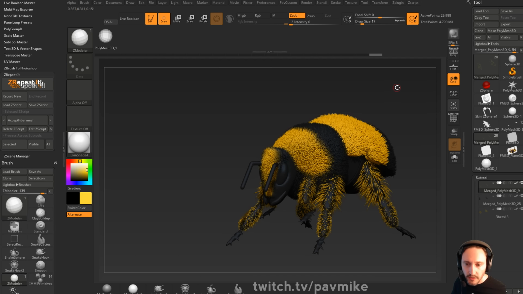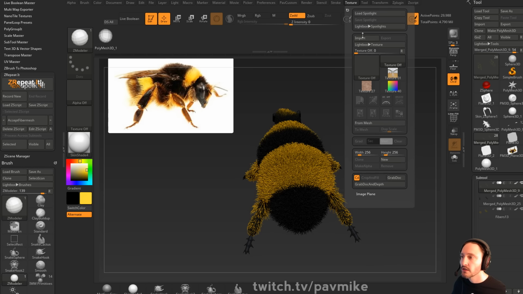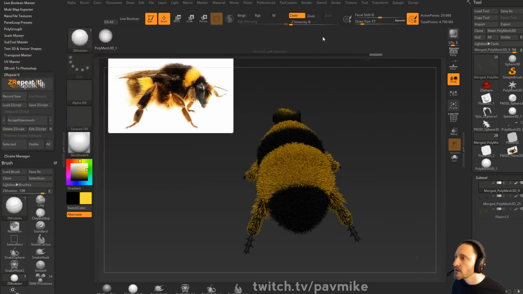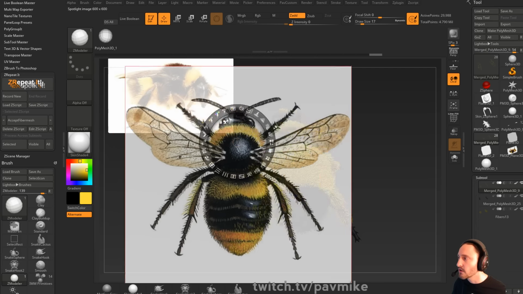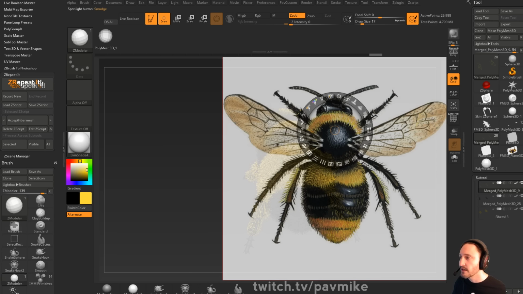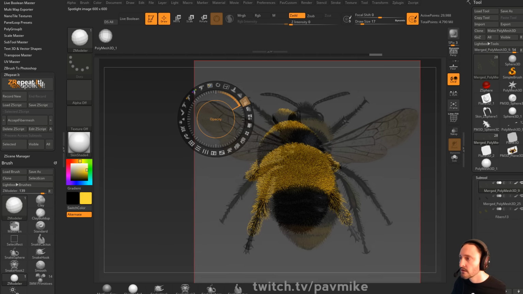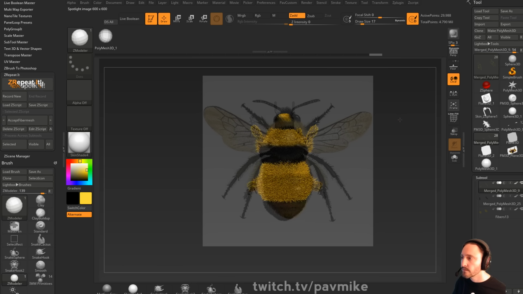Another thing before we go into Keyshot is I'm going to go to Texture, Import. We're going to grab that top view and select it. Since I'm not going to be sampling any more colors, I don't think, I'm going to hit Control-N to clear my canvas here, and we'll go ahead and, not fade, we want to scale. Okay, so we got our bumblebee, and we got his little legs and his little antennas going. Now we need